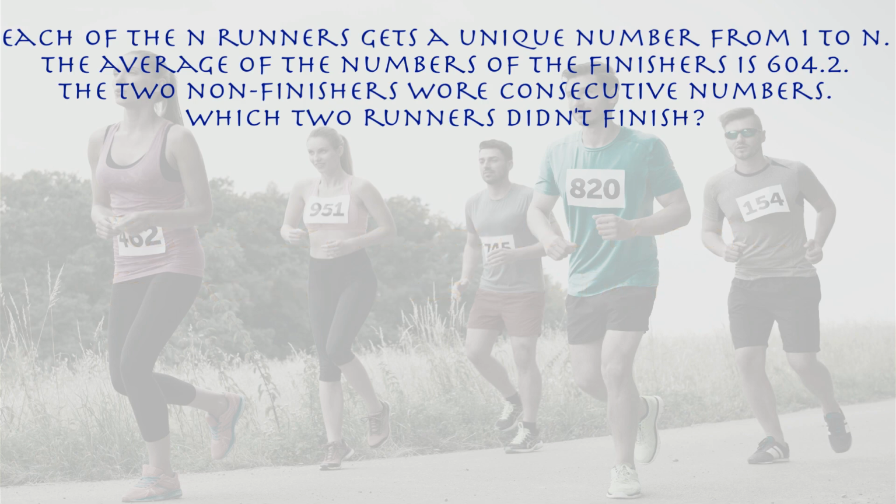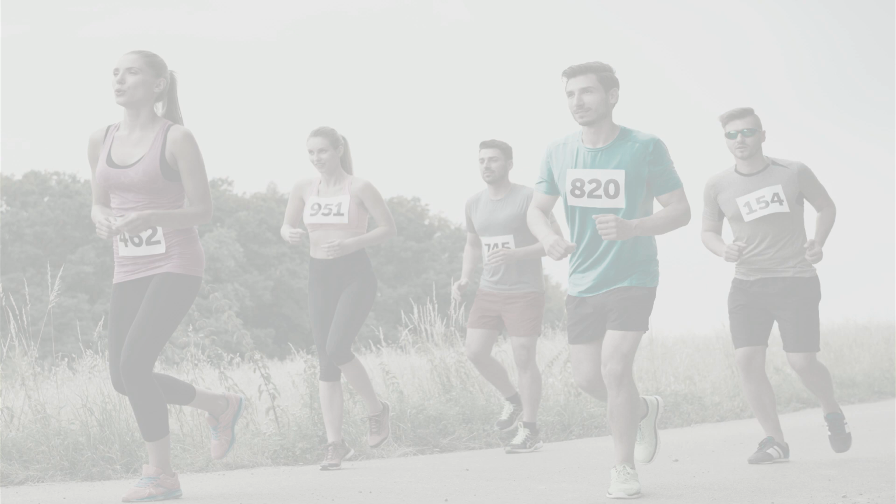To figure out the average of a bunch of numbers, all you gotta do is add them all up and then divide by how many you have. So if we assume that all the runners finish the race, all we'd have to do to calculate the average is add up all the numbers from 1 to n and then divide by n. To add up all the positive whole numbers from 1 to n, there's a formula you could use, but there's also a kind of cool little method that comes with an interesting story, so you can guess which way I'm